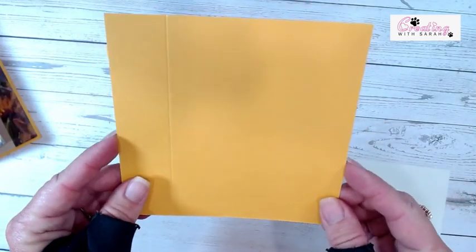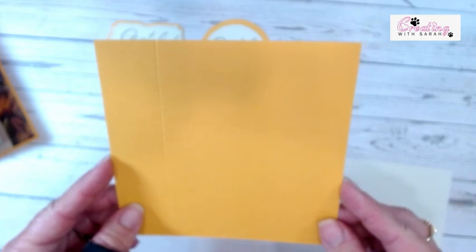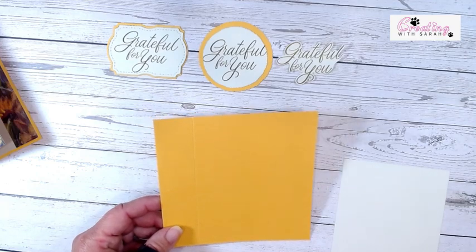We have a piece of, I want to say cherry cobbler. It is not cherry cobbler. It is, I swear my brain is there. It is just not working. Crushed curry,